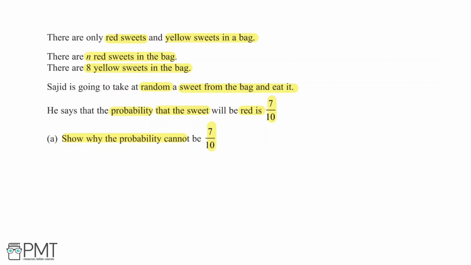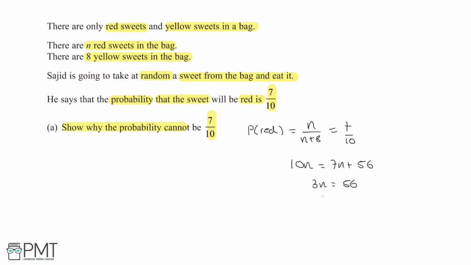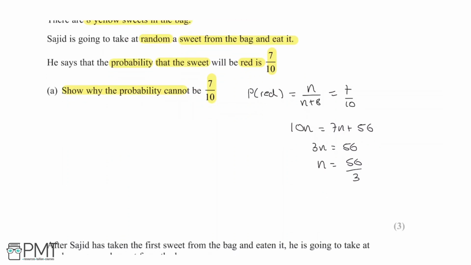Okay, let me show that straight. So to begin with, the probability of red, we can say P(red) equals n over n plus 8, and we're going to let this equal his fraction of 7/10. This means that we have 10n equals 7n plus 56, 3n equals 56, and this means that n equals 56/3. Now this isn't a whole number, which means that it can't be n, because n is a number of sweets, so we can say here n must be whole,